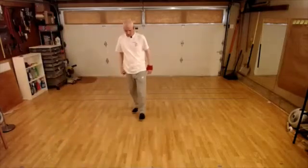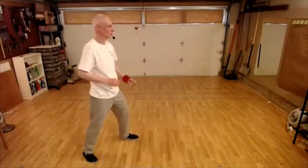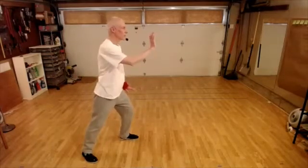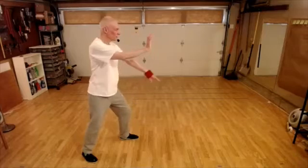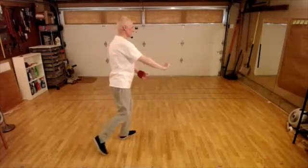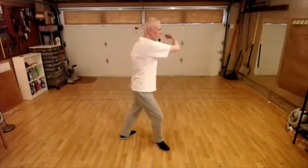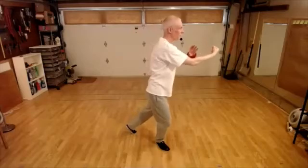So I'll do it from this direction. There's a couple of things from the other side I want to remind you of. So 1, lift and open. 2, right arm swings down. 3, block out. 4,